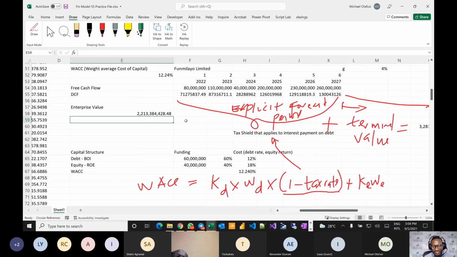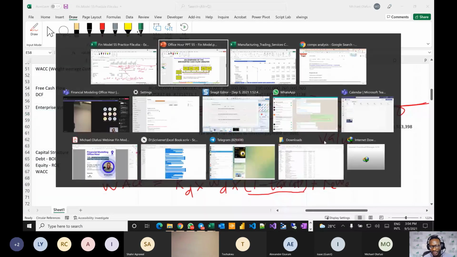Okay, so I hope I did not give us a headache. But that's it. I'm sure you get the concept. It's just a formula that might take a bit of adjusting.